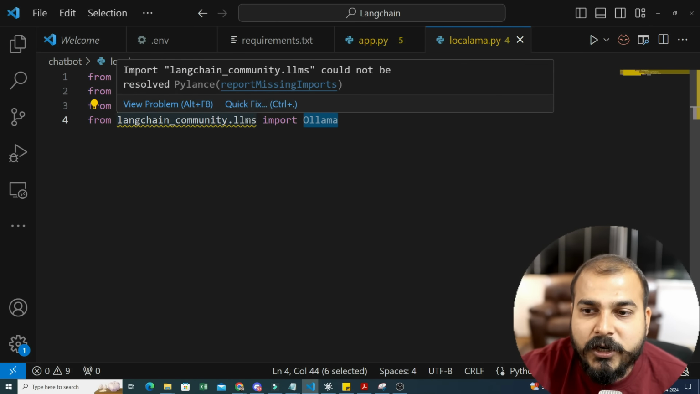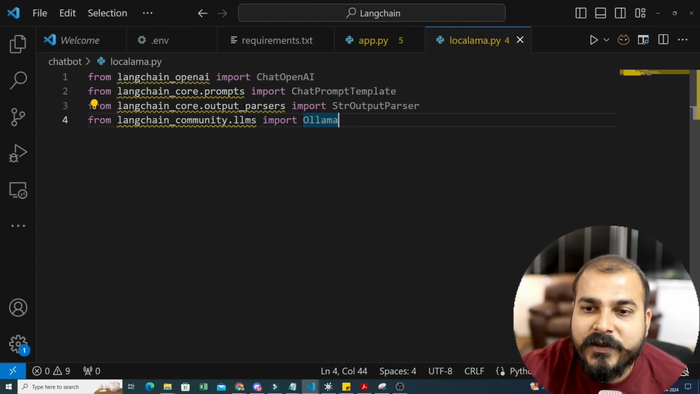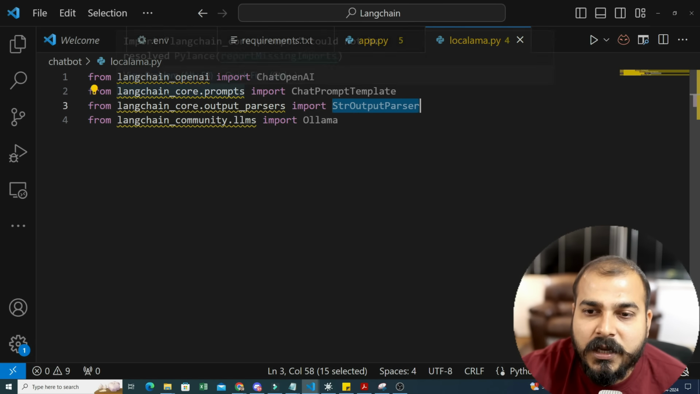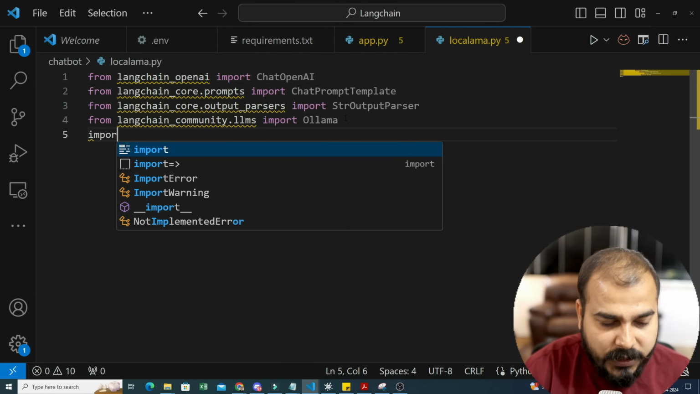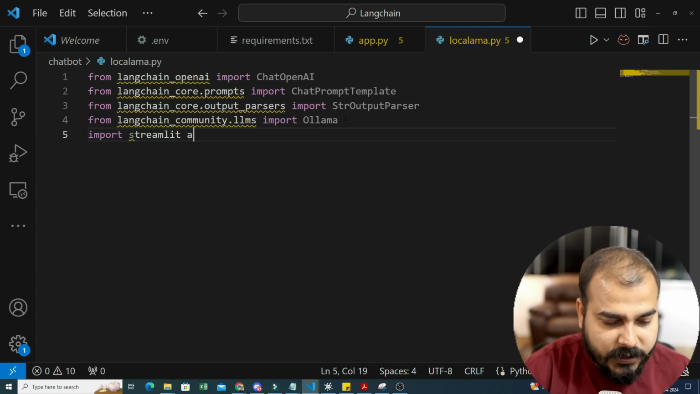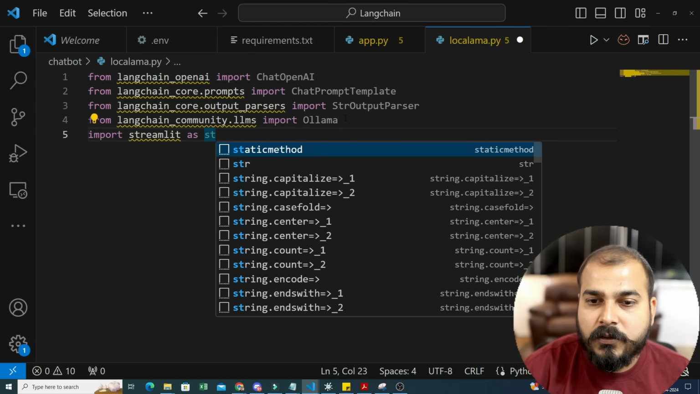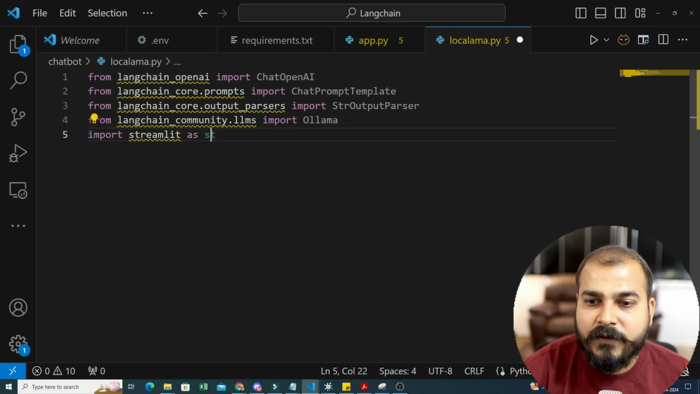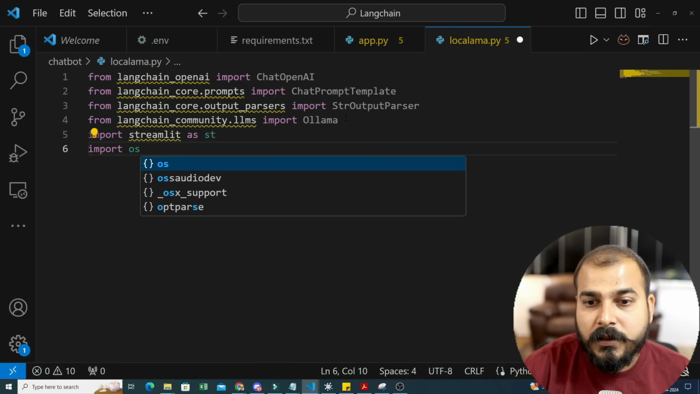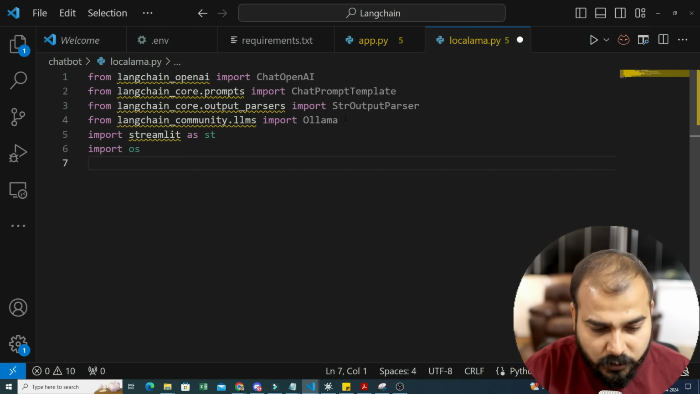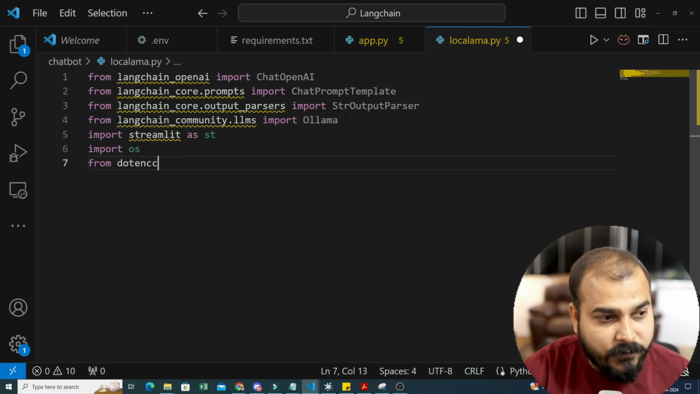So from langchain_community.llms import Ollama, and then we have the output parser, StrOutputParser, and from langchain_core.prompts we import ChatPromptTemplate, and everything is there. Okay. Now let's go ahead and write import streamlit as st. So I'm going to use Streamlit over here along with import os. And not only that, we will also import from dotenv